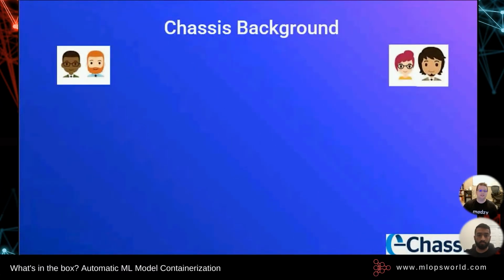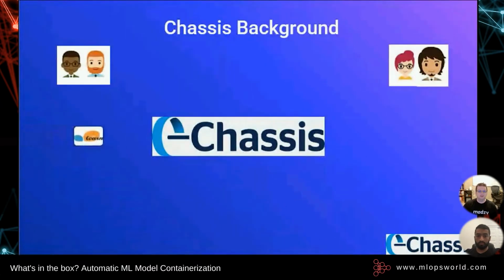We need to be able to take models that are generated by the data science teams and provide them to DevOps teams or to IT administrators quickly and robustly. We saw that as kind of an opening and a place that the MLOps pipelines were really lacking in terms of just smooth capabilities. And so we built Chassis to go ahead and kind of fill that void between the